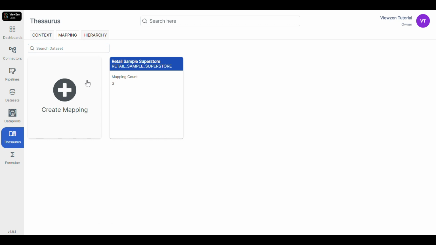Just as in the case of string contexts, you can click on Create Mapping to associate a data set to a number context. You can also edit an already mapped data set to create new mappings or edit existing ones. In this tutorial, we will use an already mapped data set to demonstrate how new data set fields can be